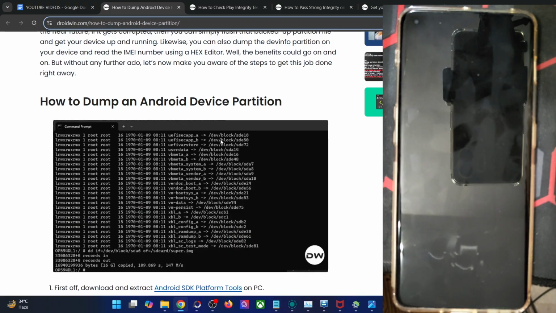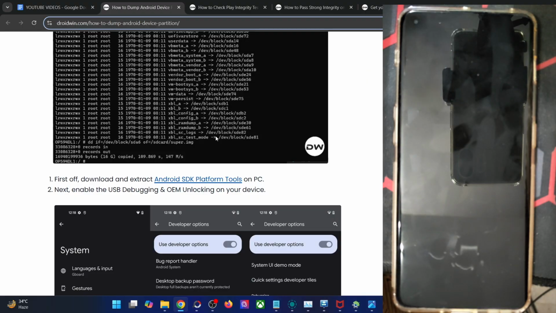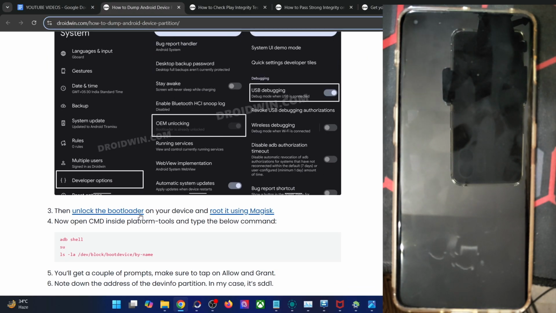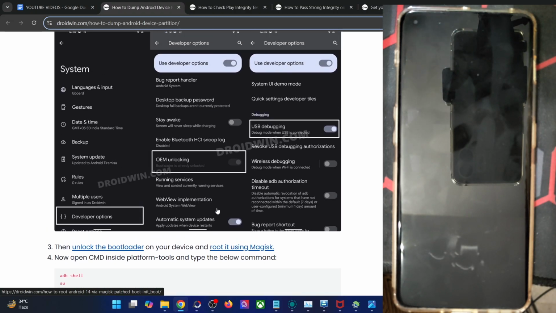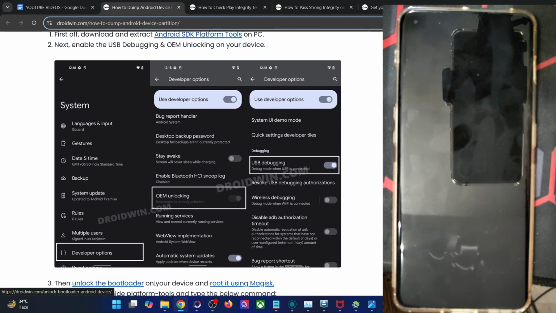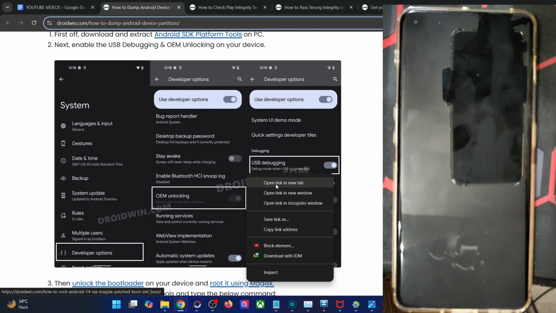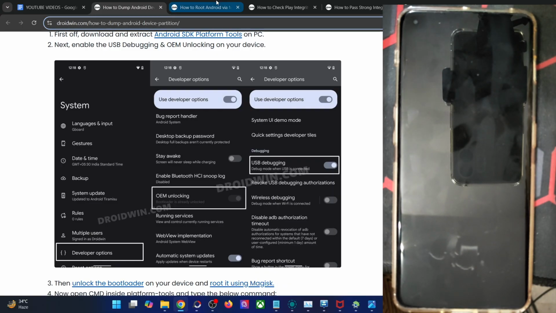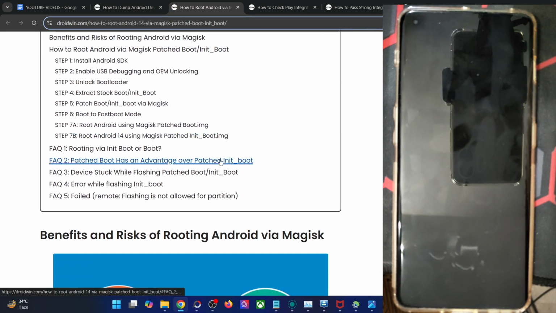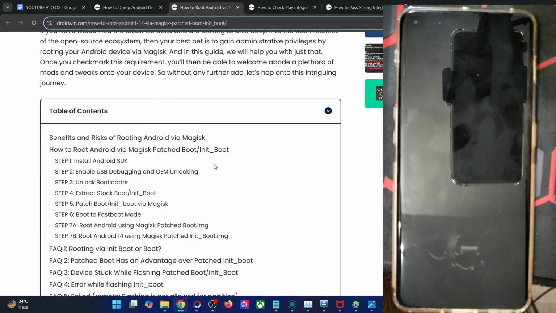So in this regard, you will have to obtain root on your phone. This process cannot be done without root. So I'm not going to discuss how to obtain root on your phone. You could refer to my guide and then root your phone via Magisk, Apatch or KernelSU. Likewise, you also have to unlock the bootloader, which is quite obvious, or you could also root via the TWRP recovery. Simply flash the Magisk zip file and get the job done. So I've given all the steps over here, as you could see.